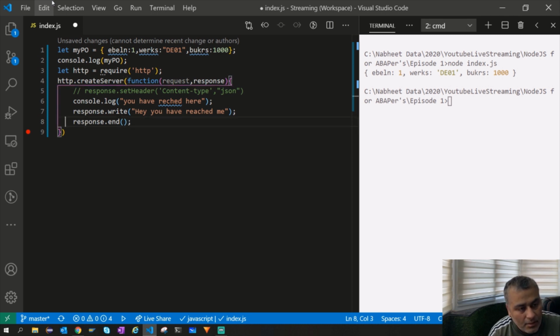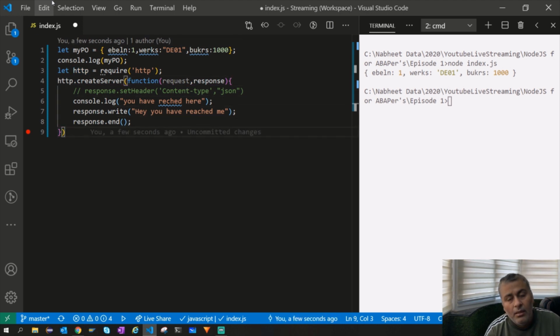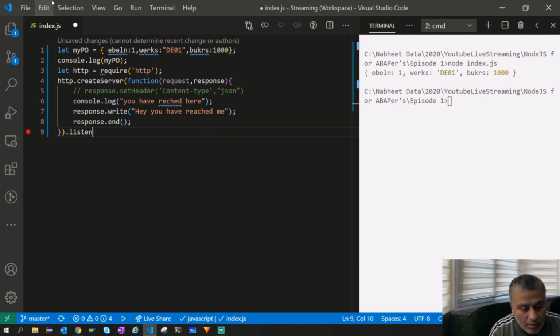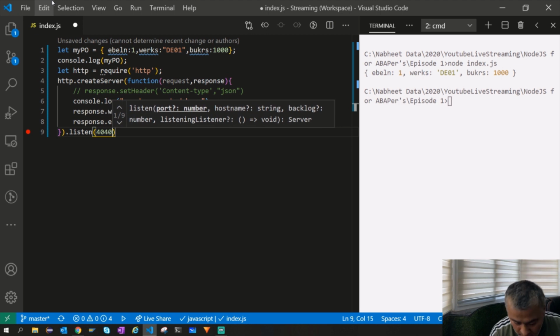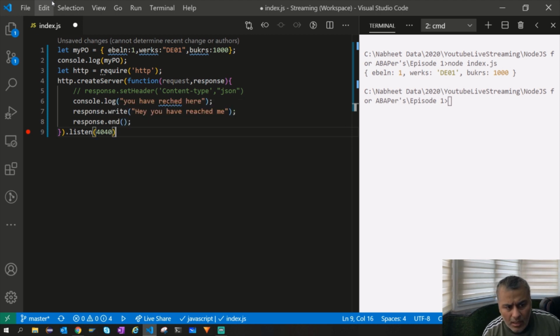Then this is basically a server which is created, but there can be multiple servers I can run. How do we differentiate which server is where? That is where the concept of the port comes in. The port gives you an option: I am running at 8080, I am running at 4040. So we'll say dot listen on which port. For us it is 4040, but you can name it anything. Since we are coming from an ABAP world, where workflow tasks start with 9, we can have 9090, 99000, whatever. Then you press save.